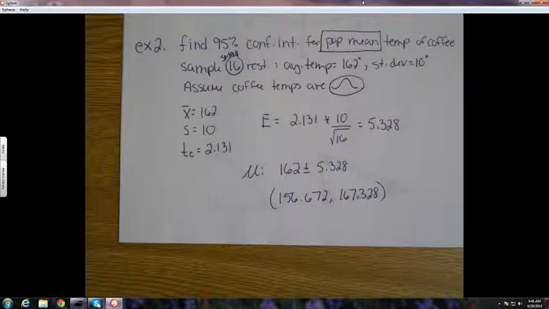Okay, you do have to know how to do it by hand, so on the test there will be one from each section, one by hand, one by program, one by hand.